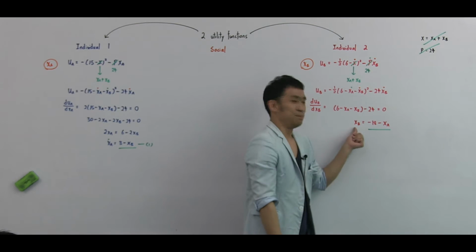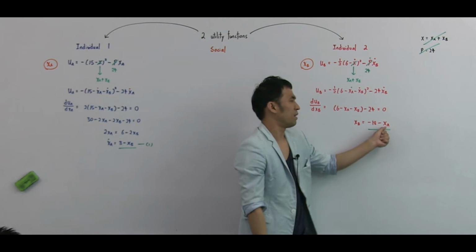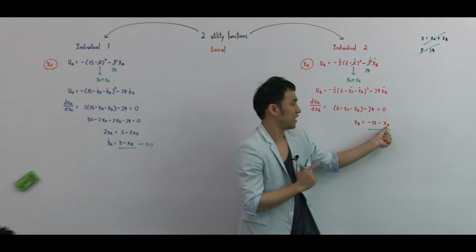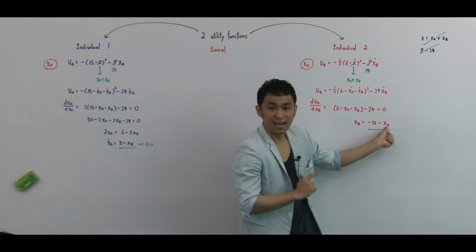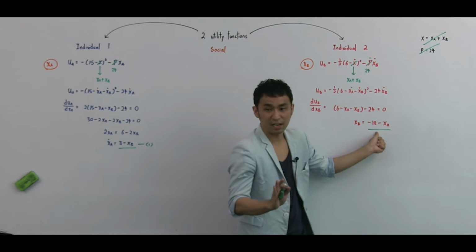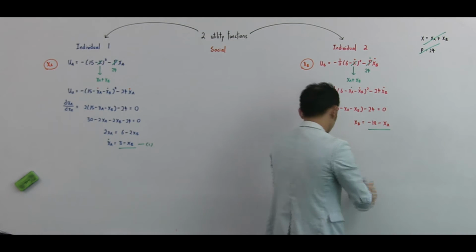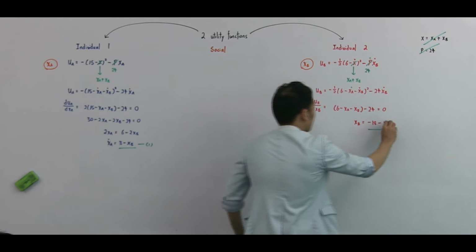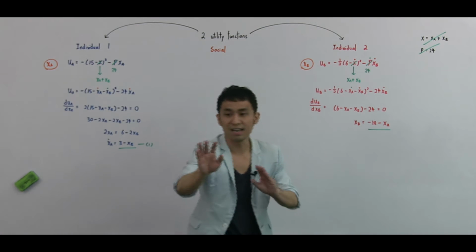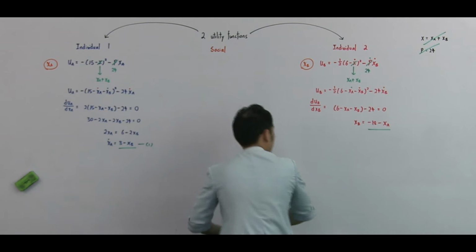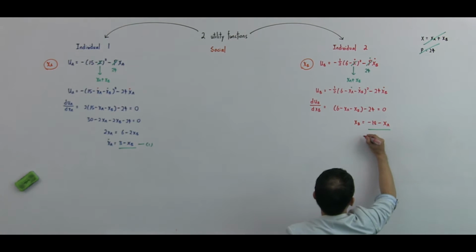Yes. XB, I don't care how much I use, okay? Even when I use 0, XB will be negative. So this equation is strictly negative. When this equation is strictly negative, do I need a second equation and solve simultaneously? No. When this equation is strictly negative, I already have the answer for XB. My XB will be what? My XB, because of the fact that